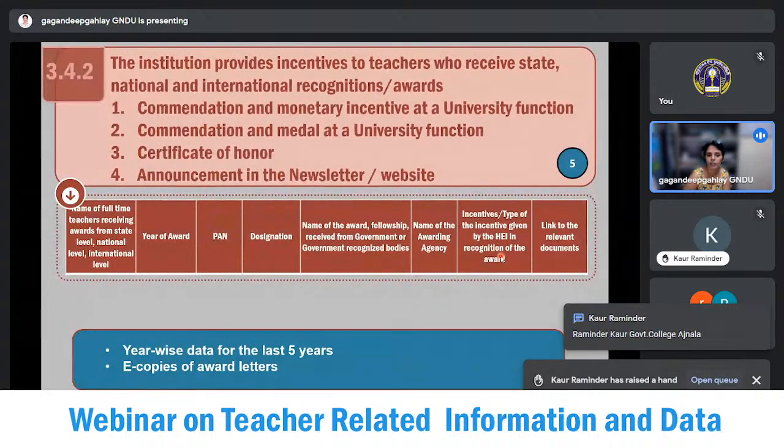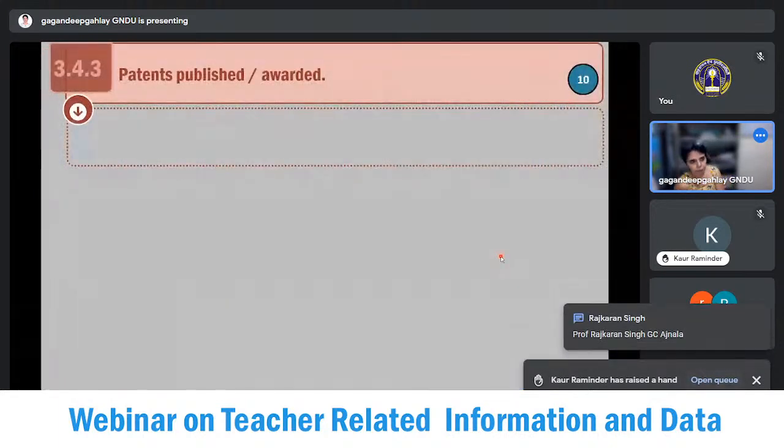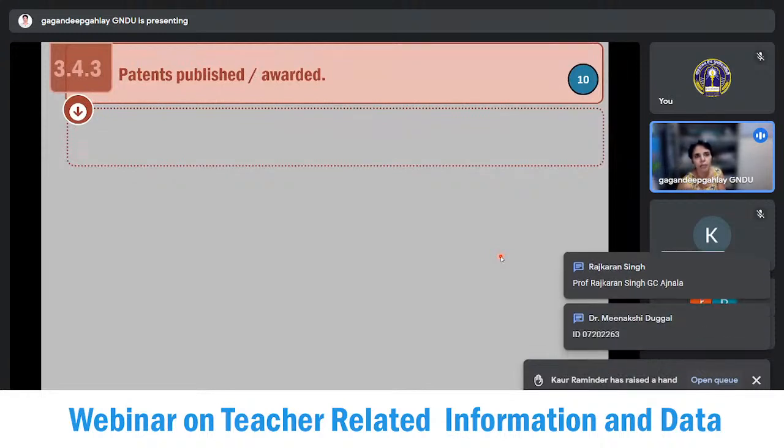So there is no extra data which is required, and this carries 5 marks. The next question in this section is about the patents which have been published or awarded. So I would like everybody to realize that when we are